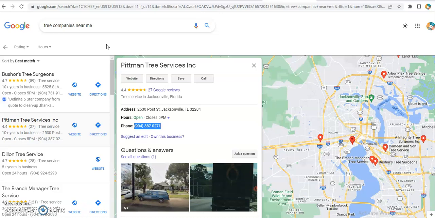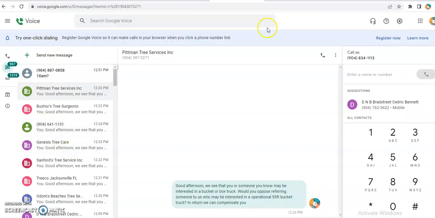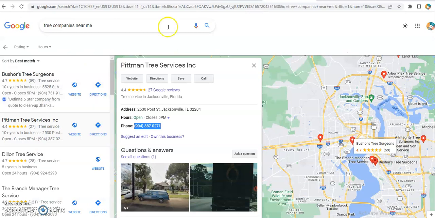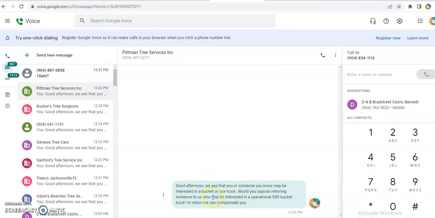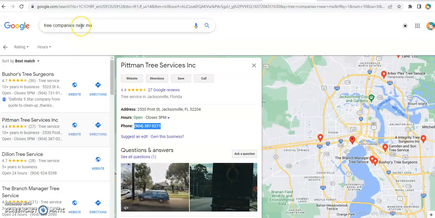So a plumbing company would search maybe social clubs near me, or clubs near me, or social companies near me, or even restaurants near me, anything that's high traffic. And what the software will basically do, you will have to have your voice over IP already up, just like this. You will also have to already have your message, just like this. And you will have to already have your companies populated, just like this.